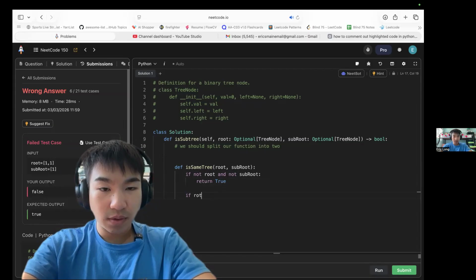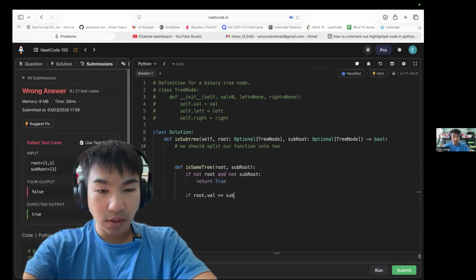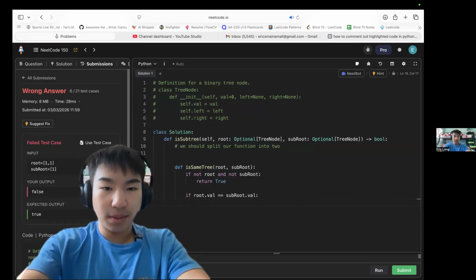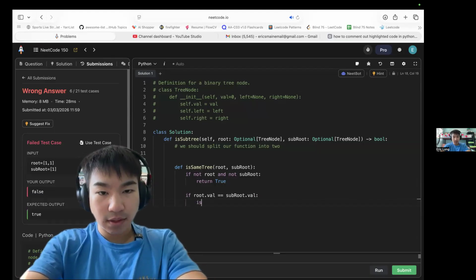If root equals subroot, just return. We call it on the same thing, okay? On right,